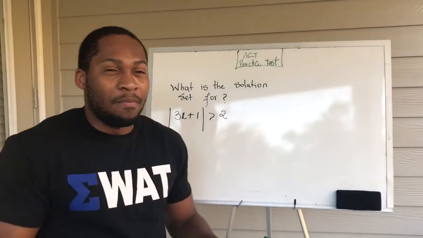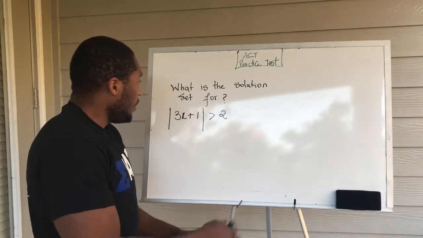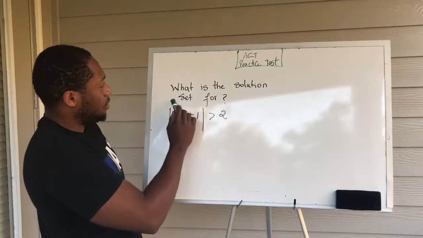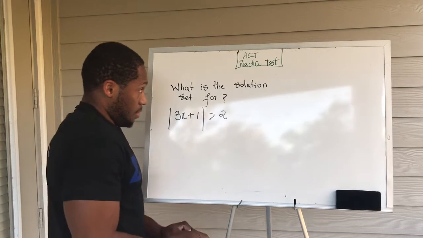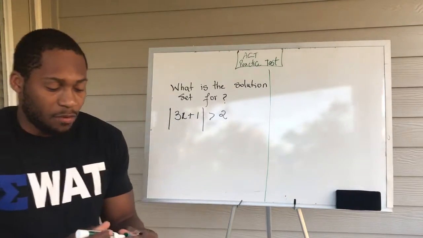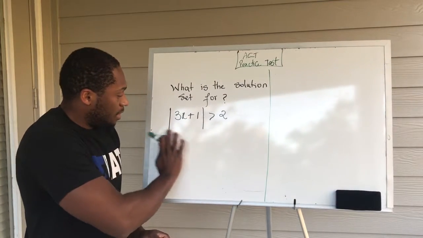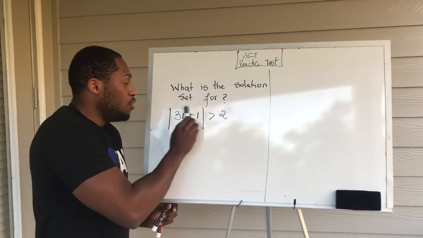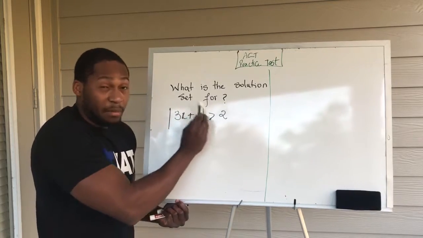All right, let's do a little bit of inequality and absolute value too. So, it asks, what is the solution set for this inequality right here? When you have absolute value like this, the way to think about it is, because we don't know the value of x, we don't know if whatever is inside of the parentheses